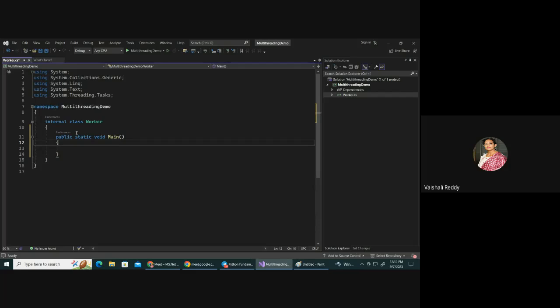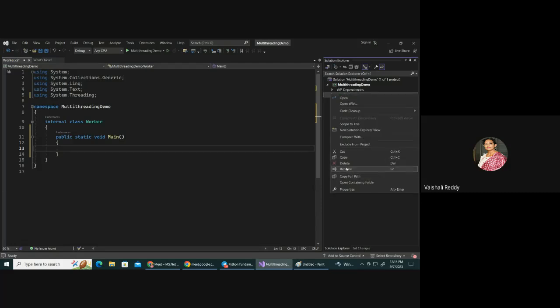Okay. Now we want to use threading. So the namespace that we will use is using System.Threading. That is the namespace we have to use. So now what we will do is we will perform a task, and first we will see how it is going to happen without multi-threading. Okay, let me just change this name, rename to